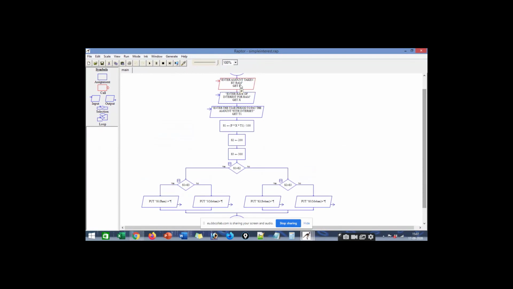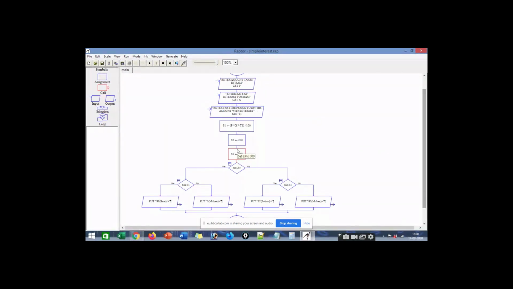So what is this symbol? This is for input. Now you can see the difference between this symbol and this symbol. Here S2 is equal to 200, I am directly giving the value 200 to S2, and I am directly giving the value 300 to S3.